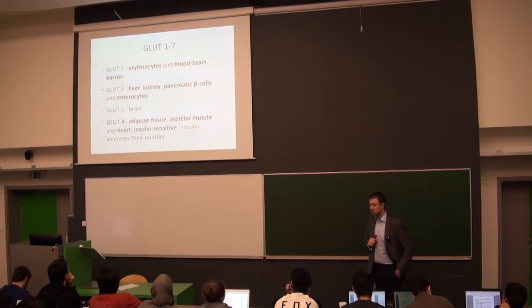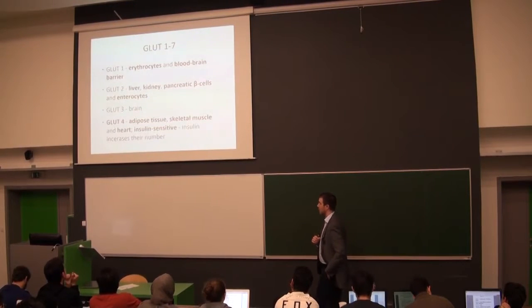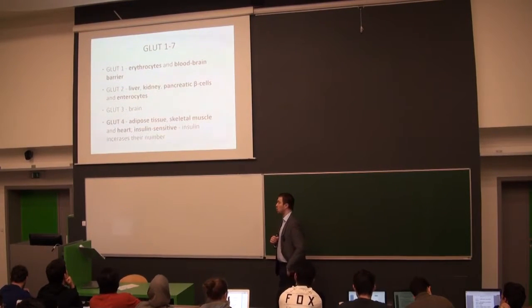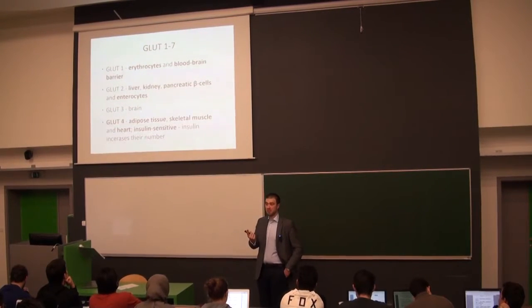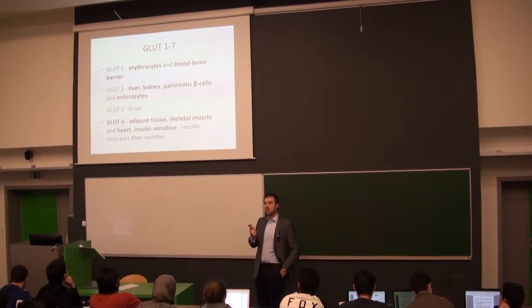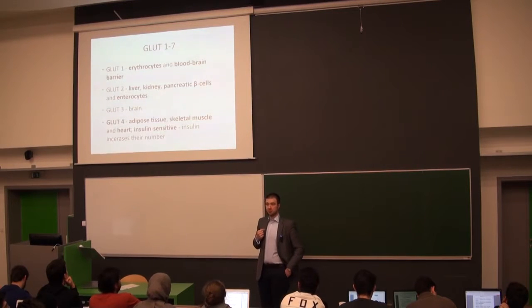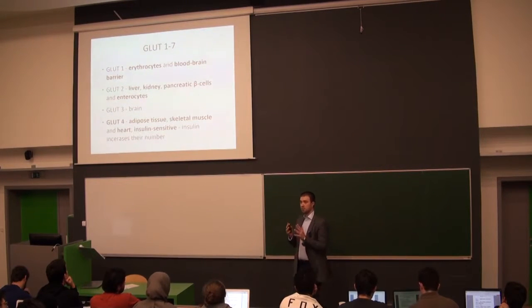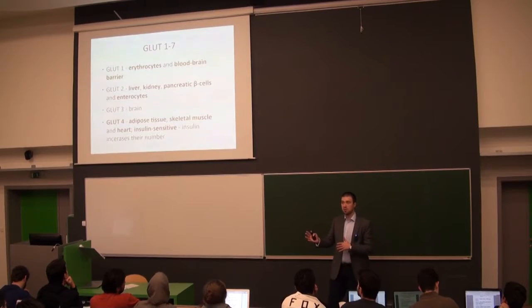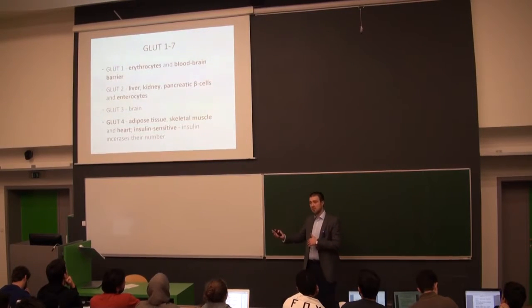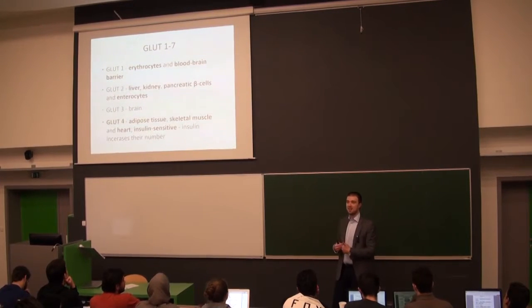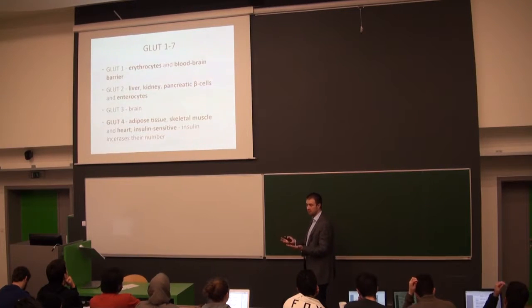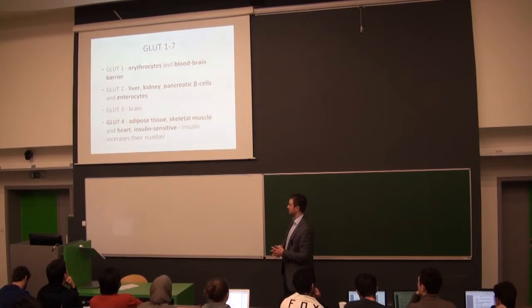The principle here is quite simple. You have a channel, and the channel opens, allowing the glucose molecules to enter the cell or to move outside the cell, since here it depends on the concentration gradient. If you have a lot of glucose inside, then the glucose molecules can go outside the cell, but of course the predominant movement is inside the cell, for the cells are consuming the glucose. For example, erythrocytes or central nervous system.